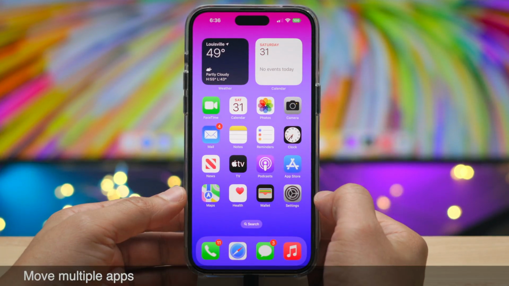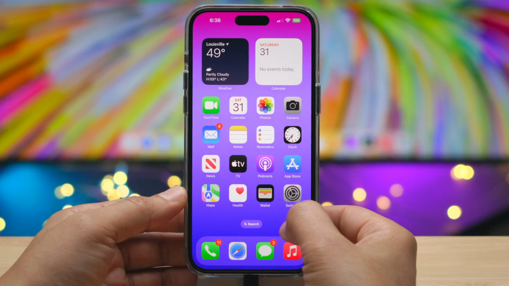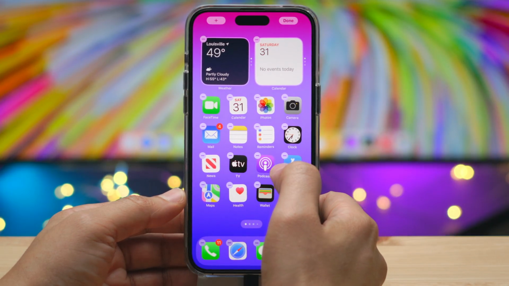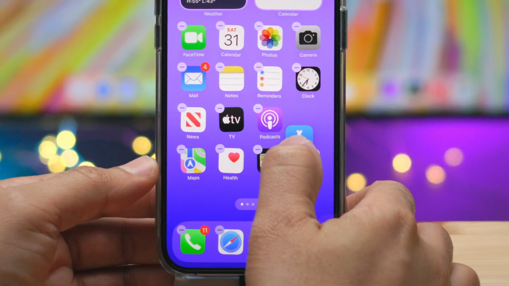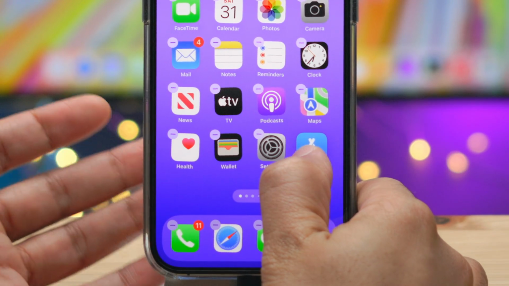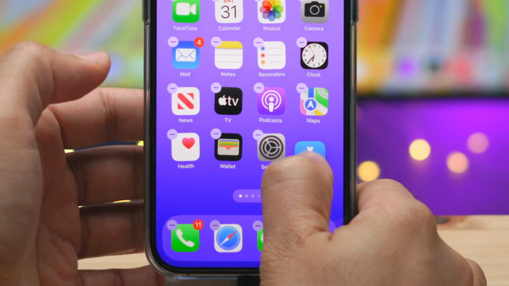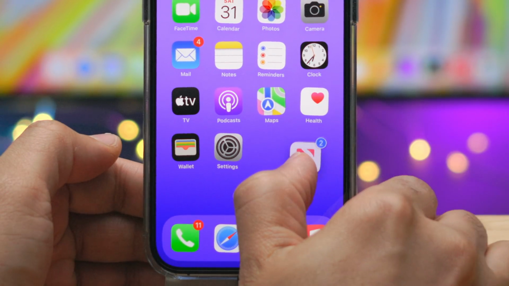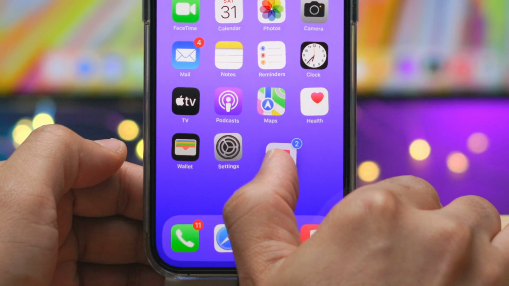Now, this is where things get, in my opinion, really fun, moving multiple app icons. So we're going to go back into edit mode. We're going to tap and hold on one of these app icons. You can see here I have the App Store, just moving it around. Now, watch what happens when I tap on the News app. Watch this. I tap it and it automatically attaches itself to the first app that I was holding, and I